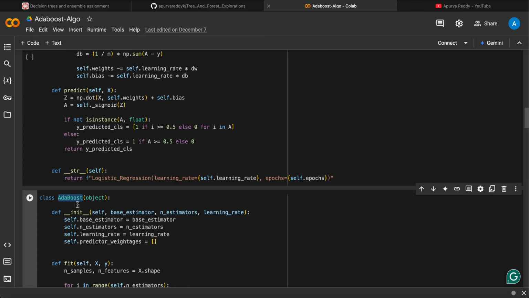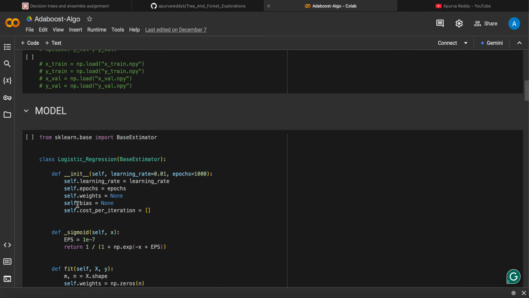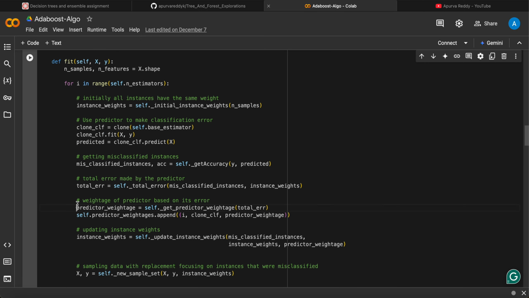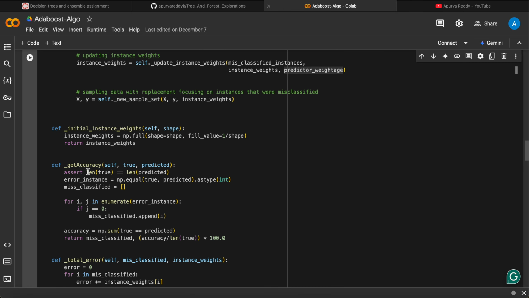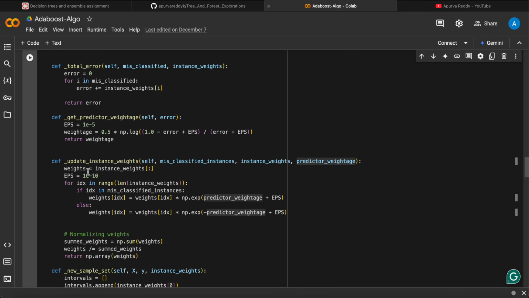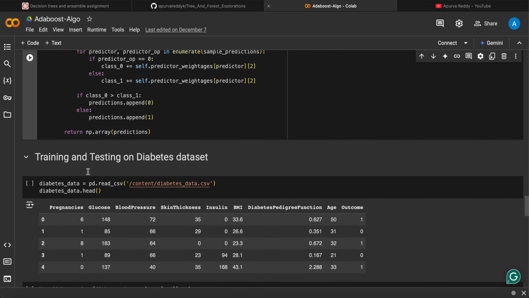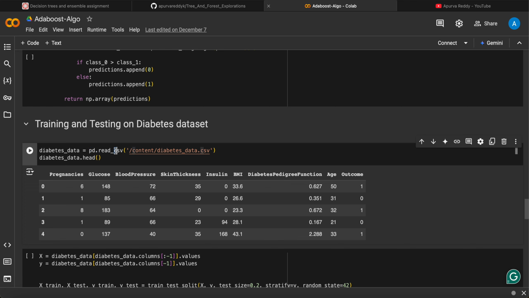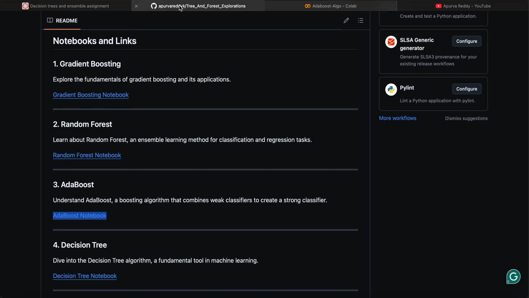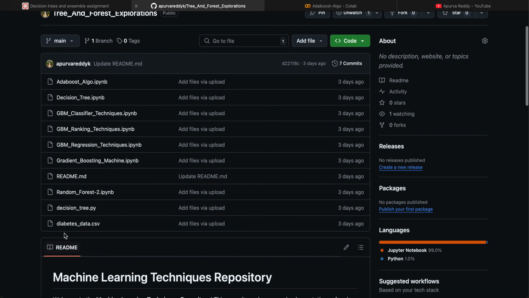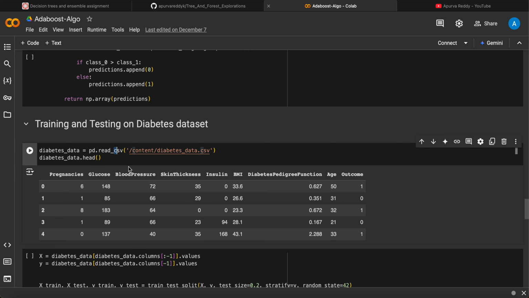So this is the class that we have for AdaBoost. That was for logistic regression. Then for the accuracy, the error, and then prediction weightage, all of the methods that we need. And then this is where we load the data set. So we're doing it on the diabetes data set. I have the data set in Colab. If you want it, in GitHub, if you want to directly download that, just get it here and then probably run